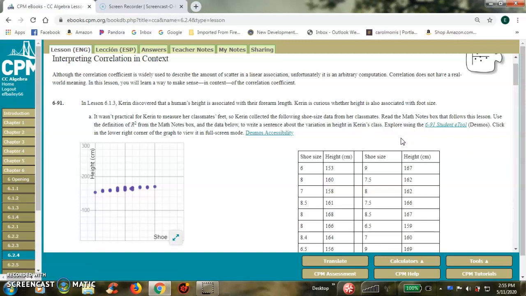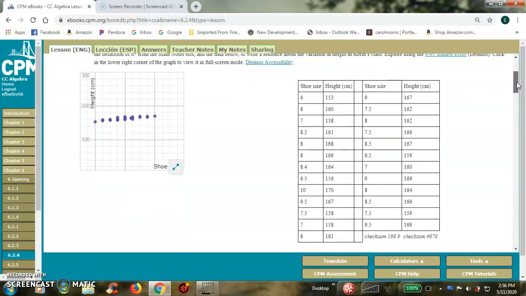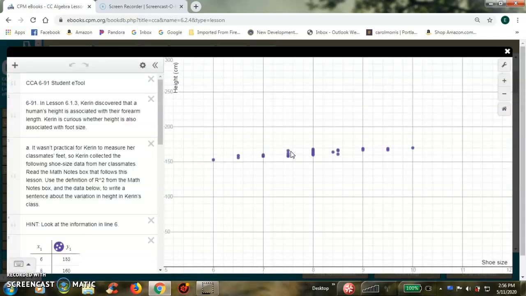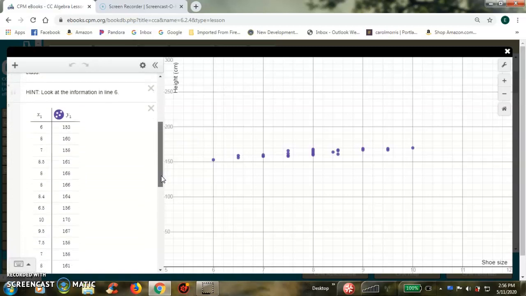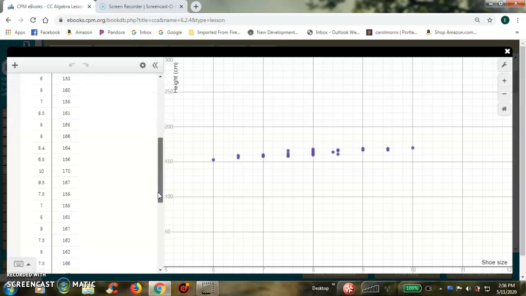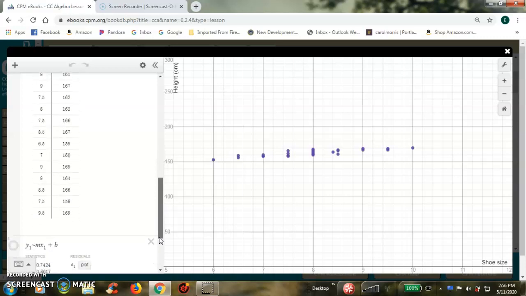We're not going to do that yet. I want to wait and do that after we've looked at some examples. So let's take a look at this, and then we'll go to Desmos calculator and see what they do. But you see, Karen has collected data about shoe size and a person's height in centimeters, and she has placed it on a graph here. All right, I'm going to expand the graph to the Desmos graphing calculator. All right, and what I want you to notice is right down here. So she's got all of the data in here. CPM did this for us, by the way, which is really nice.